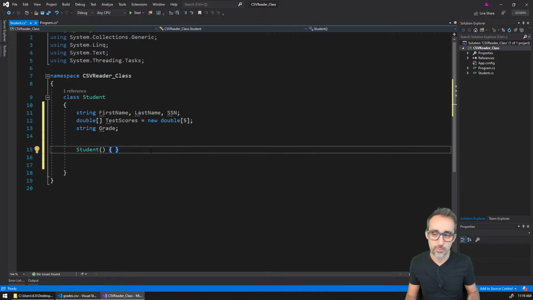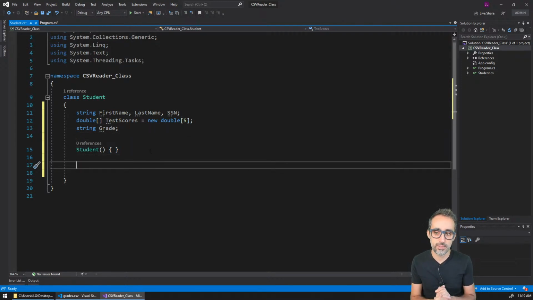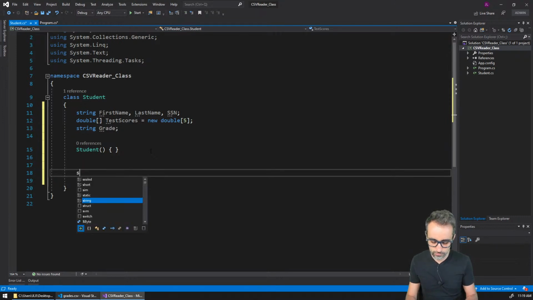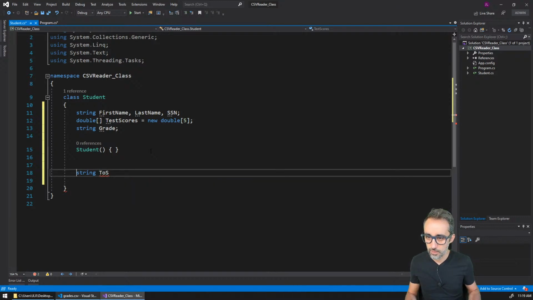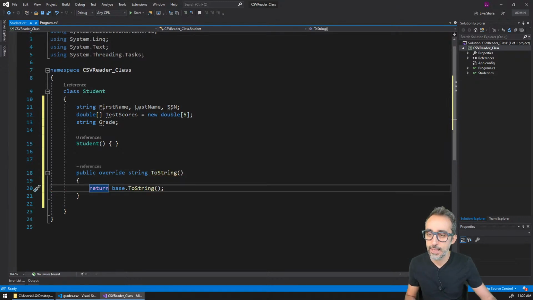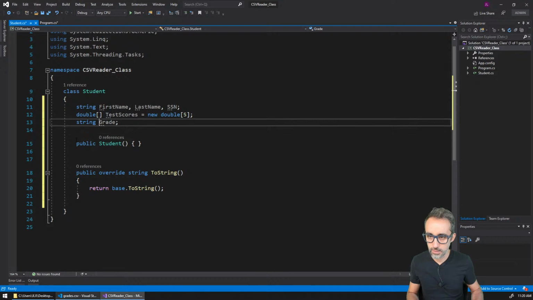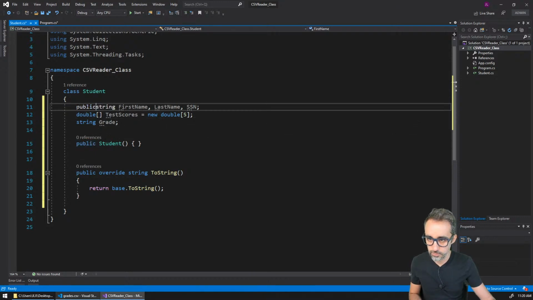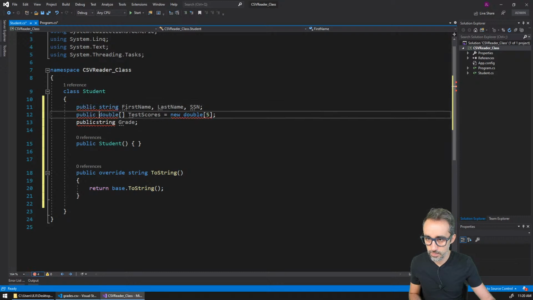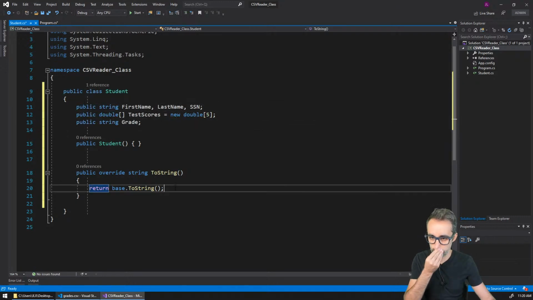And then I'm going to explain why I want an empty constructor, because I'm going to create a method. And then here I'm going to write a string override ToString. I think public override string ToString, and I also probably want this to be public, and this is also a public class. And here